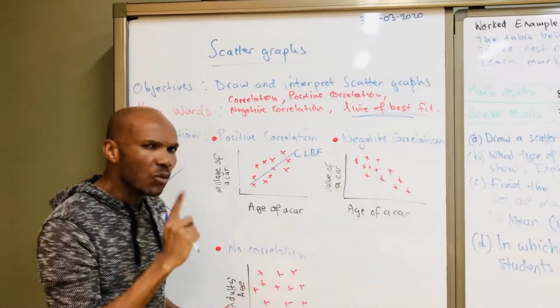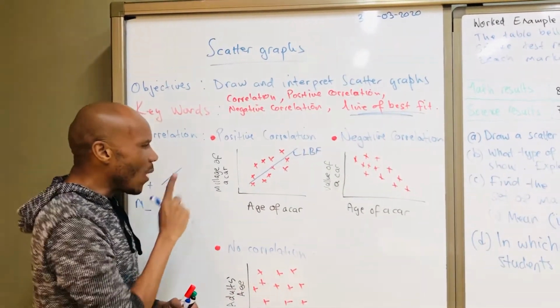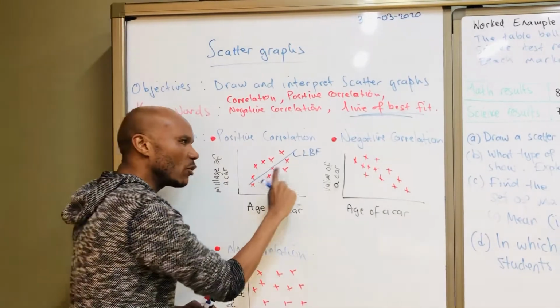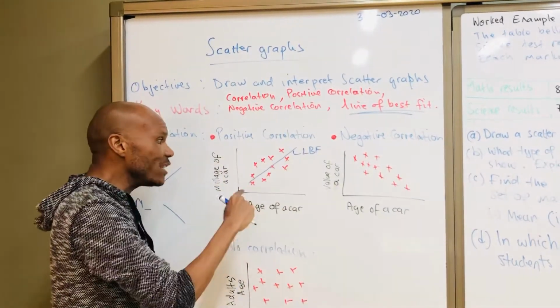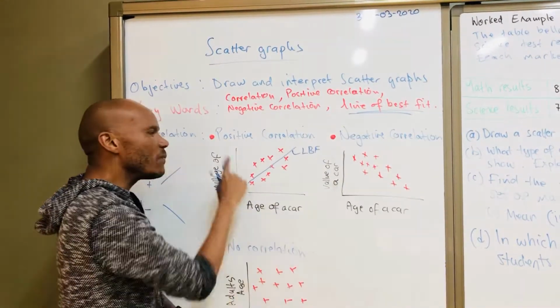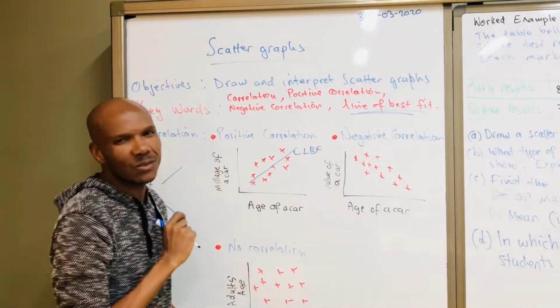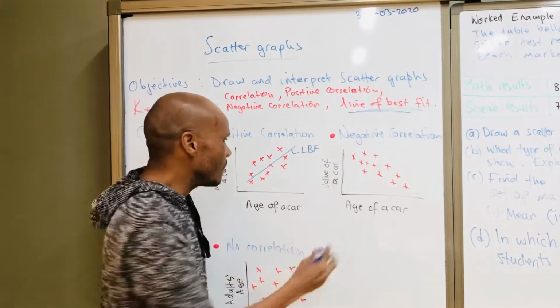But then what I want to ask as well is, why do you think we have a positive line of best fit? What does it tell you about the relationship between the age of a car and the mileage of a car? I'll leave that one for you to decide. Okay, let's talk about